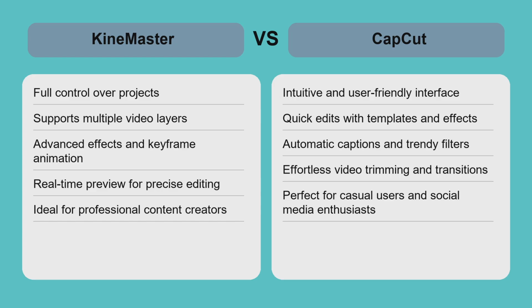CapCut shines for quick, stylish edits with minimal effort, offering trendy filters and easy sharing options. It's ideal for fast social media clips but lacks advanced features like multi-layer editing or chroma key. For example, a YouTuber producing tutorial videos benefits from KineMaster's depth, while a TikTok creator making viral clips prefers CapCut